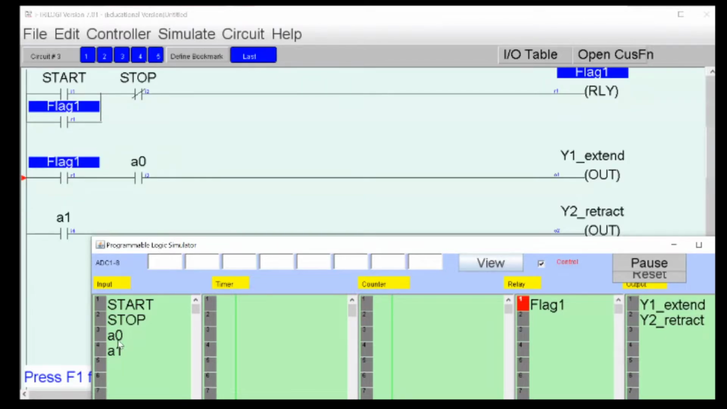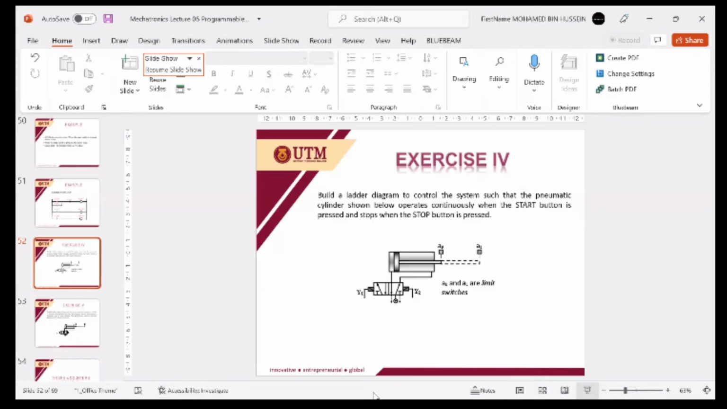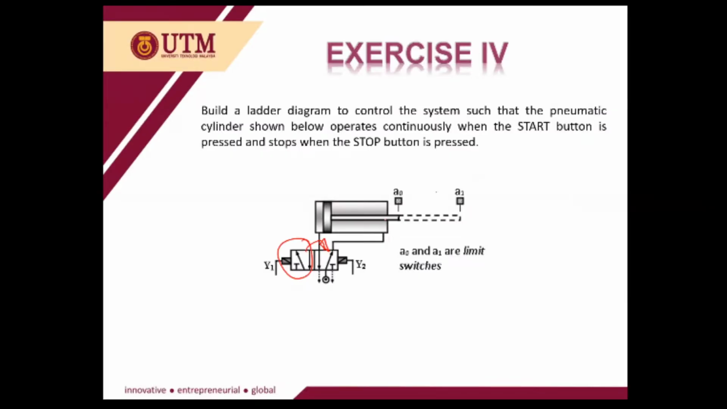Okay, so Y1 will be de-energized. Your Y1 will be cut off. But since your valve is already at this position, the Y1 position, which is extend,